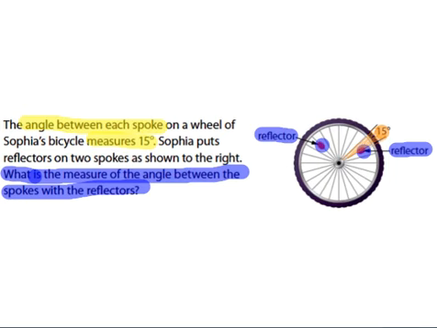But there's not only one angle in between Sophia's reflectors, right? One of the reflectors is here and one of them is here. So that means there's all of these angles in between, right? So that orange area there, that is what we are trying to find the angle measurement